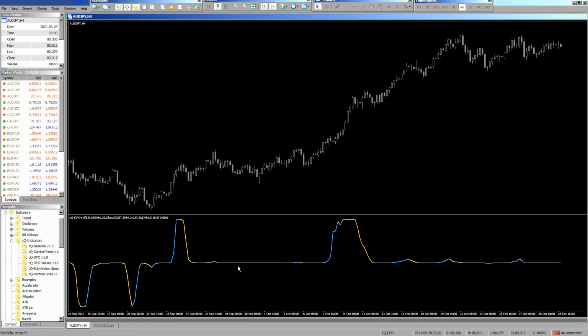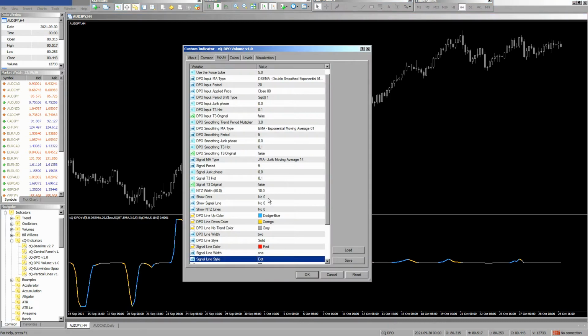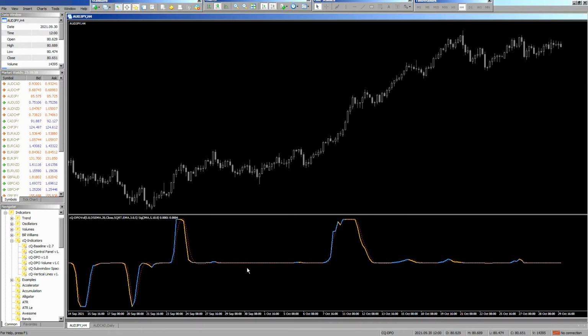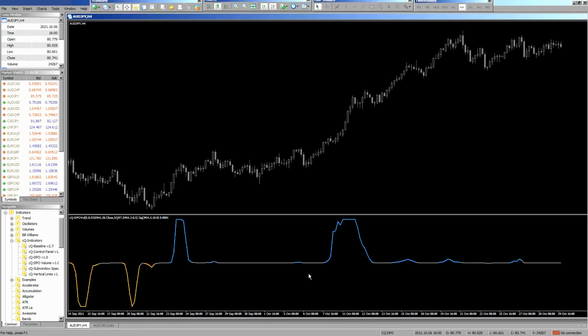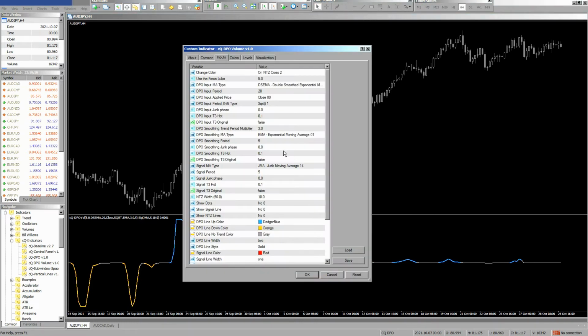Then there's a signal cross, where the colors will change when it crosses, for which I can put the signal line back here. And it will stay gray if it's within the no trade zone area, as you can see. But if you're trying to get these areas here, you can try the signal one. It's a little faster. It also has the normal no trade zone when it crosses up or down on that one. And let me show those